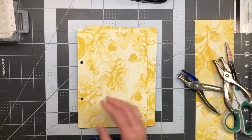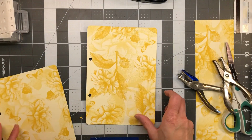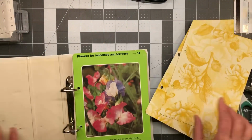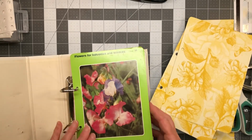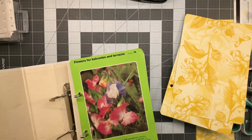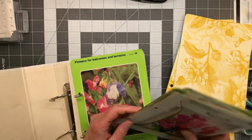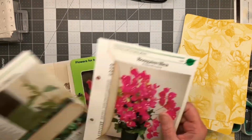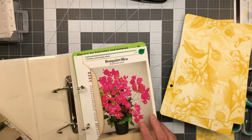And I know butterflies go all which ways, but the flowers are upside down too. That's what I was like, dang it. So let's see. I took all my green papers and put them in the front here, and then I took all my pockets out. So this is kind of, oh, there's the ones I pulled to do this with. I forget sometimes. So here are the ones that